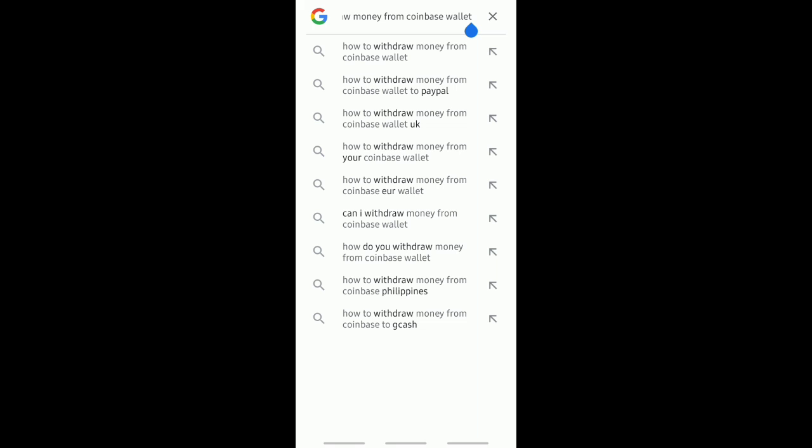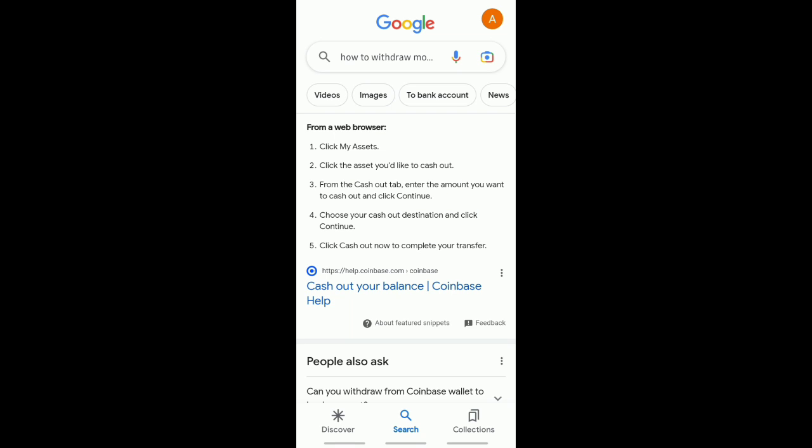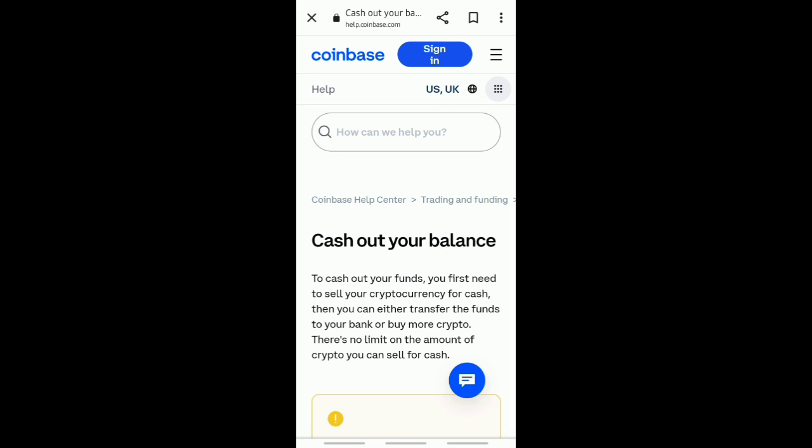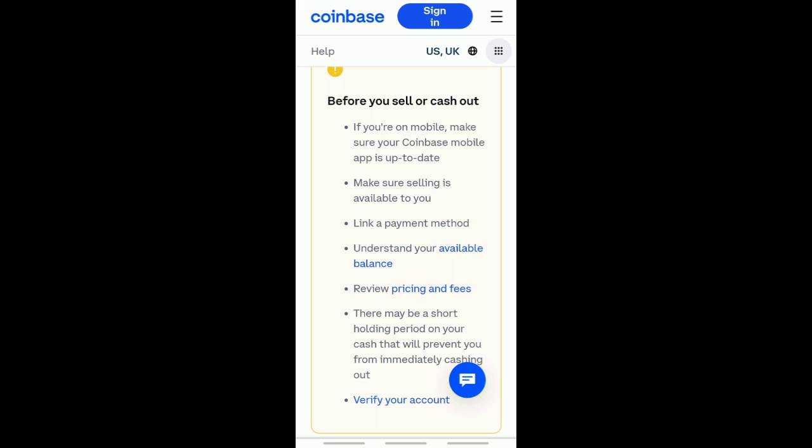First, go to your web browser and then search for how to withdraw money from Coinbase wallet. And then you can see here this first option, cash out your balance. Just tap on that. And then it will direct you here. Cash out your balance. You can see right here the step-by-step process on how you can withdraw money from Coinbase